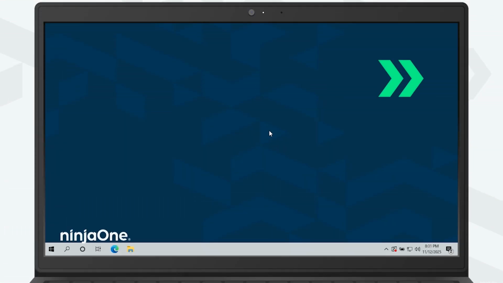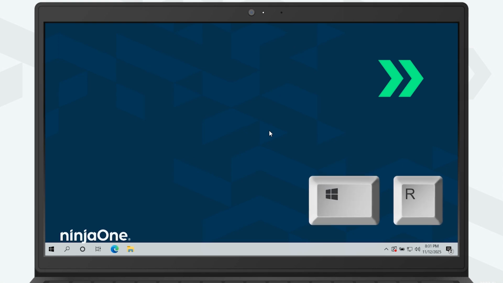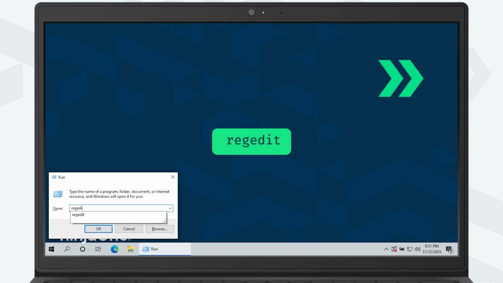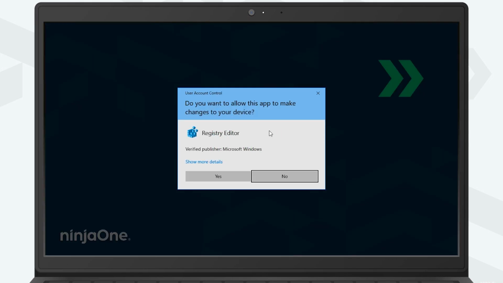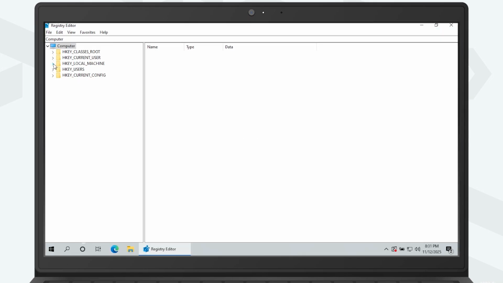How to remove duplicate drives in File Explorer. You can remove duplicate drives from the navigation pane using the Registry Editor, but be sure to back up the registry first. Here's how. Press Win+R to launch Run. Type regedit, then hit Enter to launch the Registry Editor. In the Registry Editor, go to